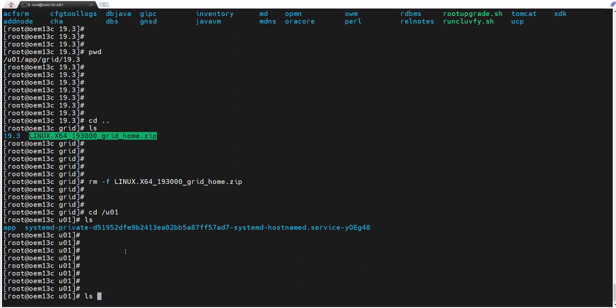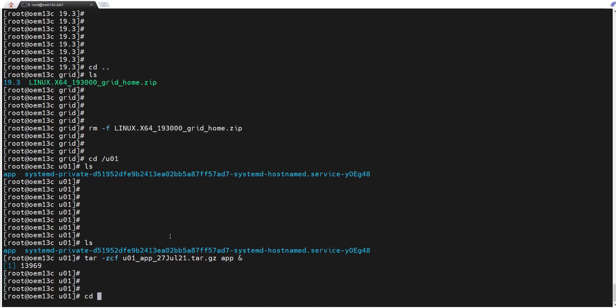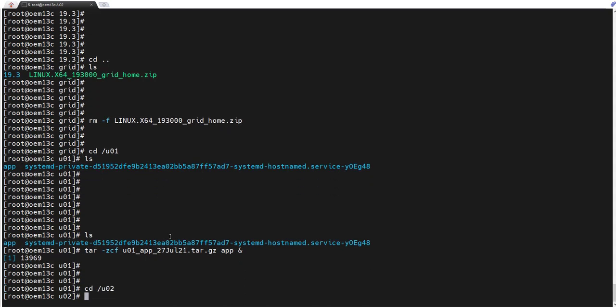We need to take the tar file of the app. I used to take the tar file of the app, so I will run tar -zcf u01_app, I'm taking for app, and we are on 27 July 21.tar.gz app. So this is how I'm taking the backup of the Grid Infrastructure home. I run this, and then at the same time I will take the Oracle Home u02